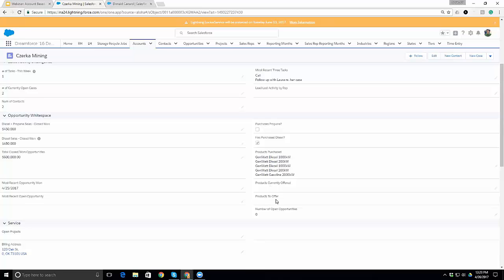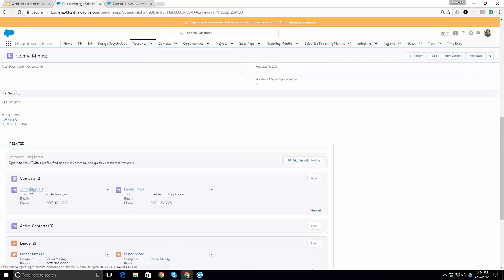And what products should be offered. So you can roll up any products that aren't in any of the opportunities, so you know that there's white space there that we've not offered them a certain product yet. If we go now and take a look at a contact,